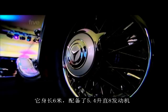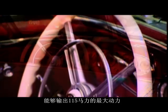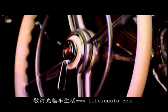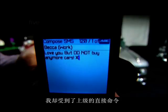It's nearly 18 feet long and uses a 5.4-litre straight-8 engine that creates 115 brake horsepower. It was time for the auction to start, and even though I was under strict instructions from